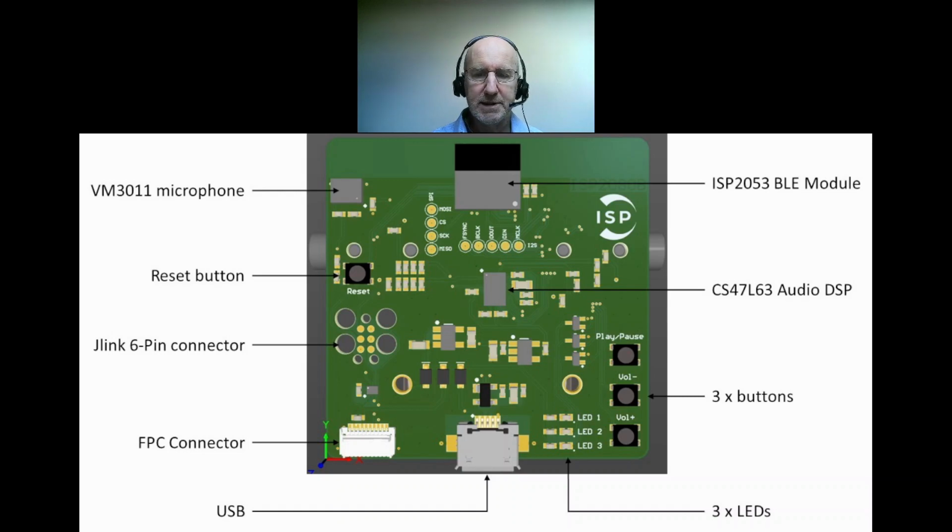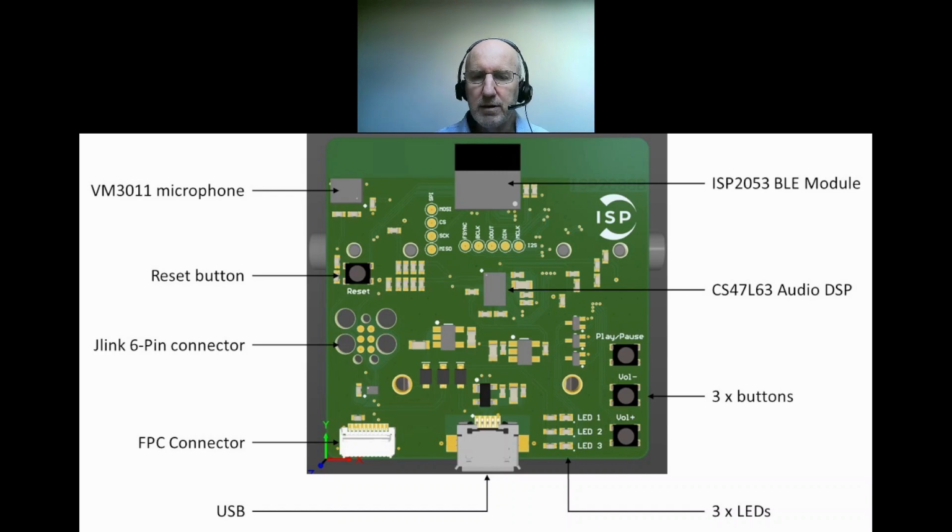So the heart of the system is the 2053 module. This contains the Bluetooth radio, it contains the antenna and all the RF parts, and then inside you also have the dual-core processors which handle running Bluetooth, the underlying streaming technology, and then the codecs also run within this module. So the bulk of the BLE audio function is all carried out within this module. You don't need many other things around it.